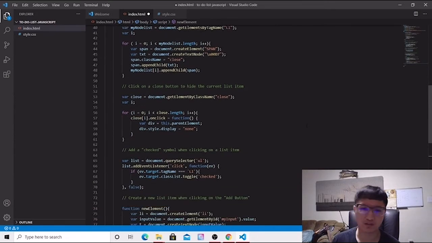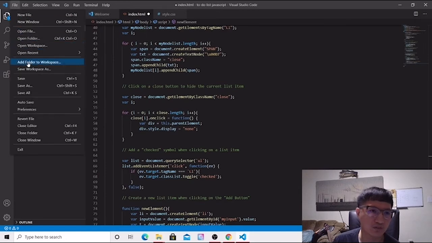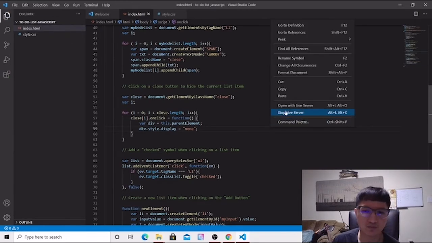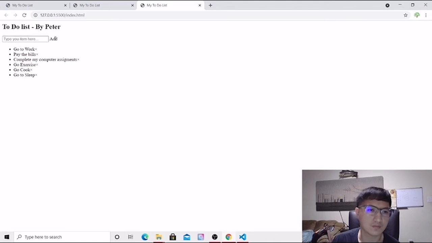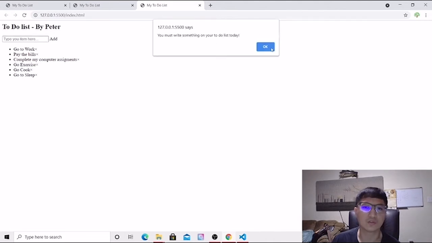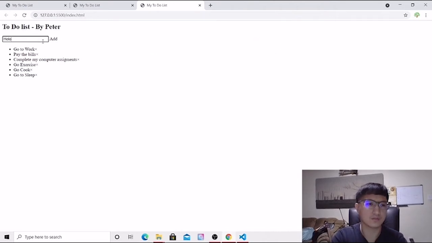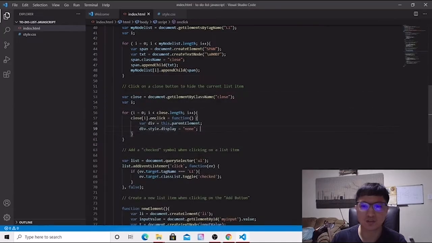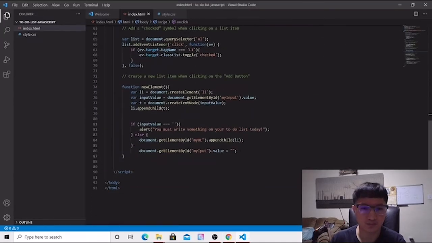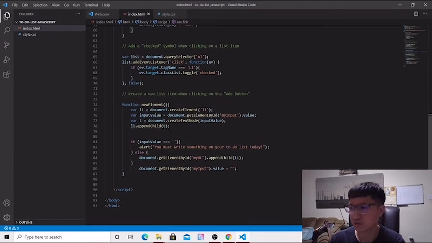And let's see what it does right now. Just showing. So there goes the command prompt. You must write something on your to-do list today. Hello. So it's appending, it's adding. But these don't work yet, so let's make sure those